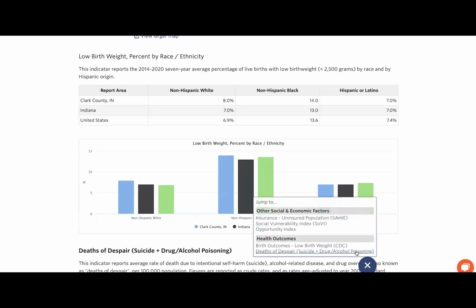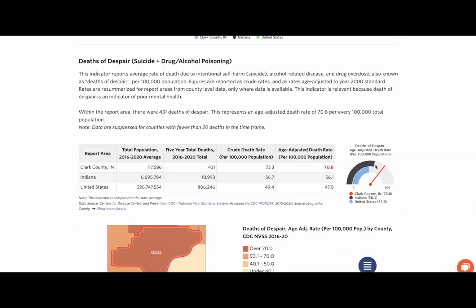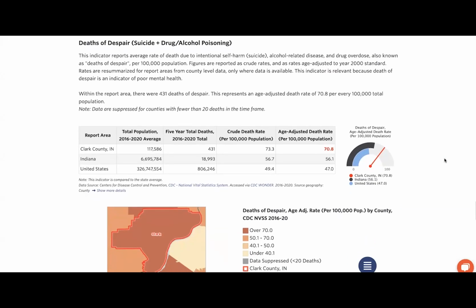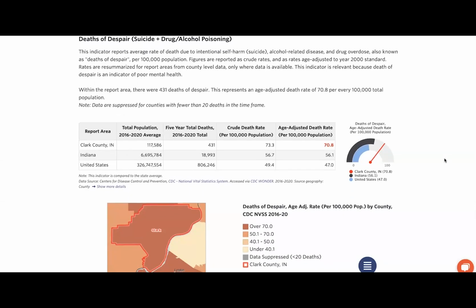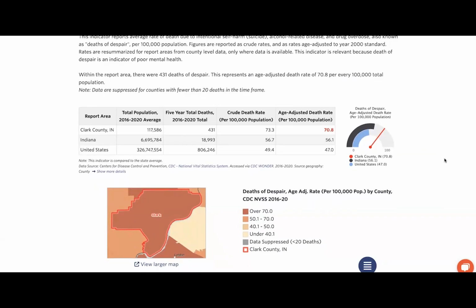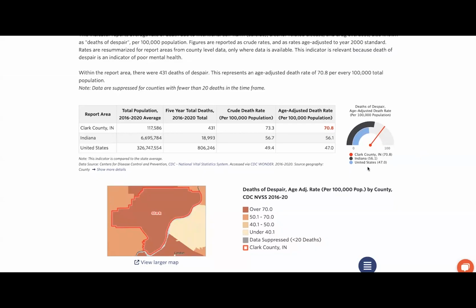Lastly, let's examine our deaths of despair indicator. Immediately, it is apparent that there is a much higher rate of deaths of despair in Clark County than the state and national average. Within the county, there is an age-adjusted death rate of 70.8 per 100,000 people.